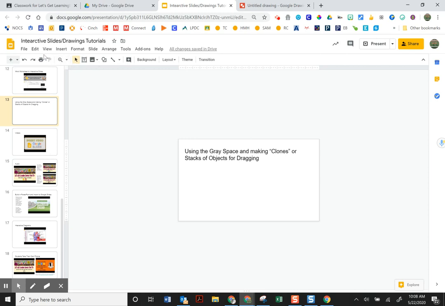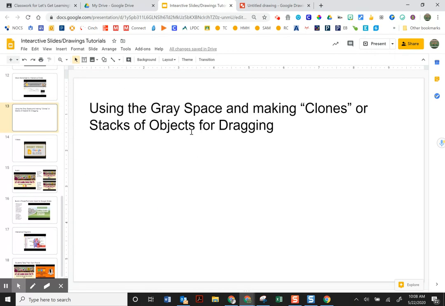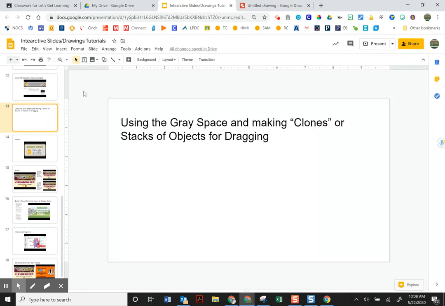So sometimes it's not appropriate, especially with younger students. If they have the canvas filled to the page, it can be difficult to see that there's objects around the outside of the canvas, and they would need to come up to the zoom and zoom out in order to see that. And unfortunately, there is not a default way to make the zoom set at a certain number for every student that opens this interactive slide deck or drawing. So if you are looking to put images, directions, or things around the outside, my suggestion would be to include